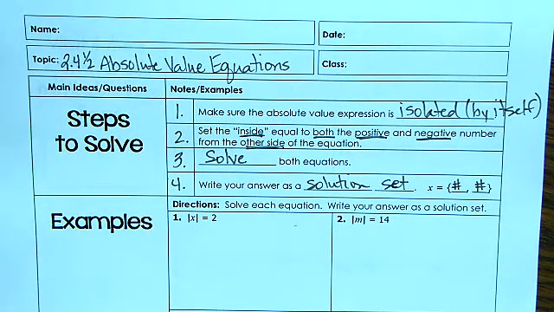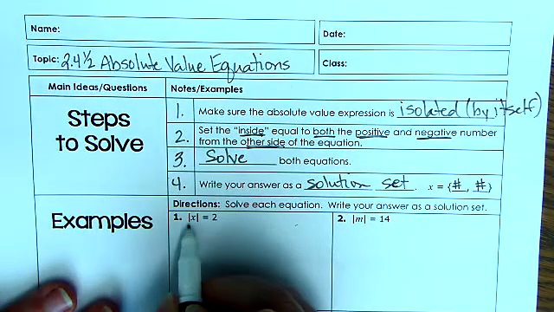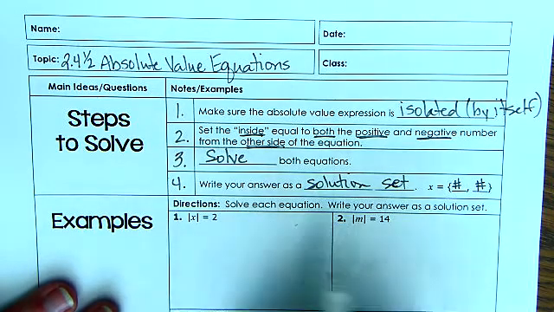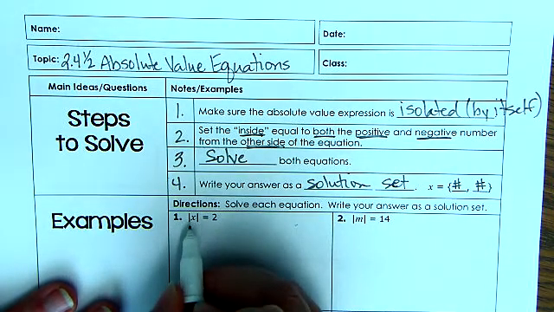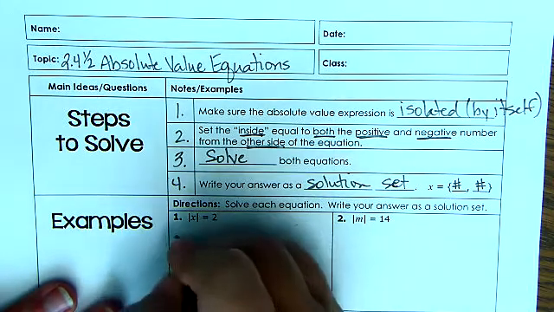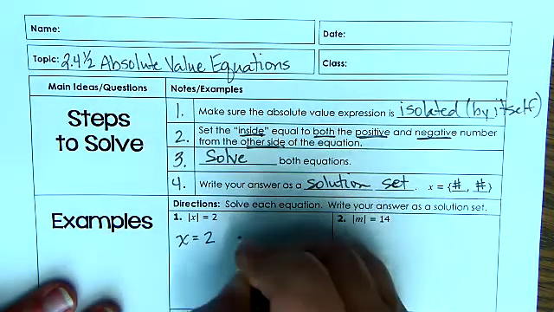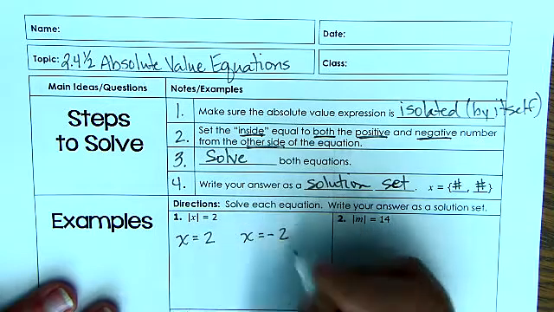Okay, let's look at our first example. Okay, we're looking only absolute values on this side. So now I take what's on the inside and set it equal to a positive and a negative. So I'm going to have x equals positive 2 and x equals negative 2. Because remember,